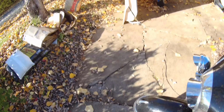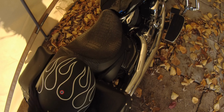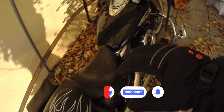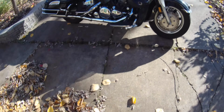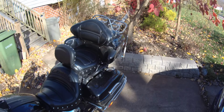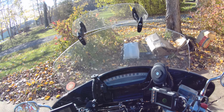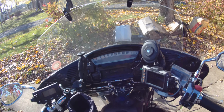I'm just gonna put this in here with Mary's bike, and you can see it's been really windy here the last few days, and this is lifted, so we gotta fasten these to the ground because all the leaves are just blowing in here, and then they just stay in here, which is fantastic. Anyways, I did a ride a little while ago, like mid last week, and I want to make sure this is pointing up, okay, and